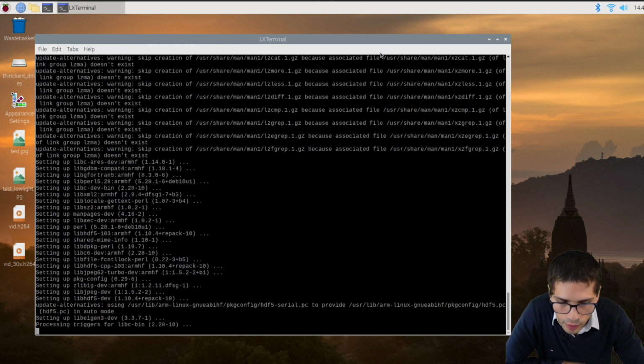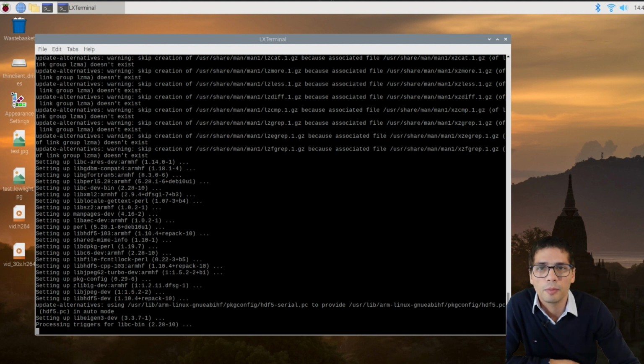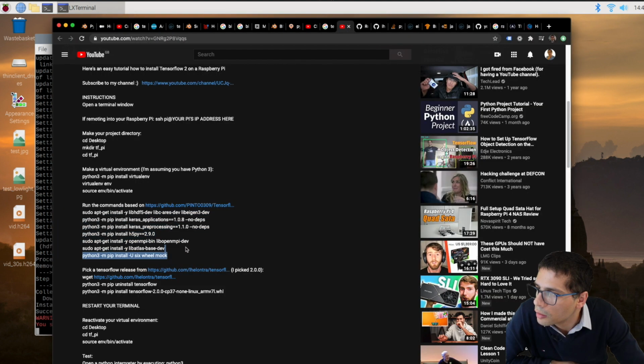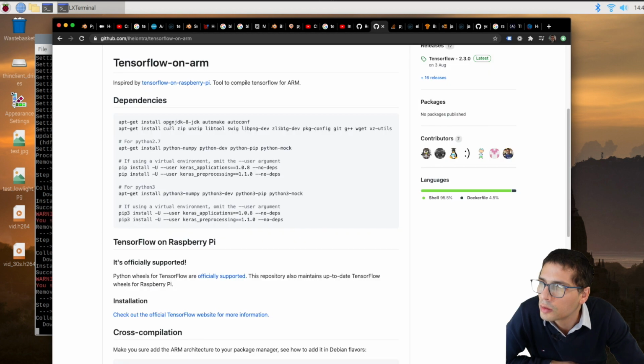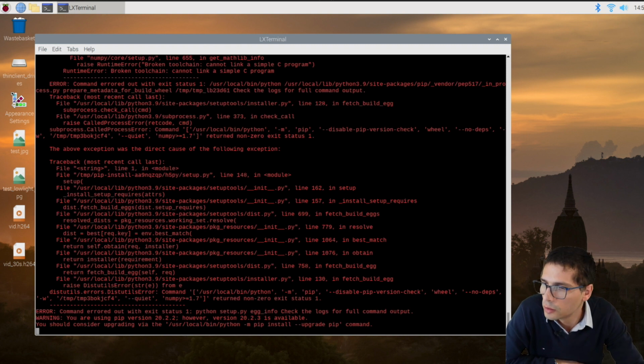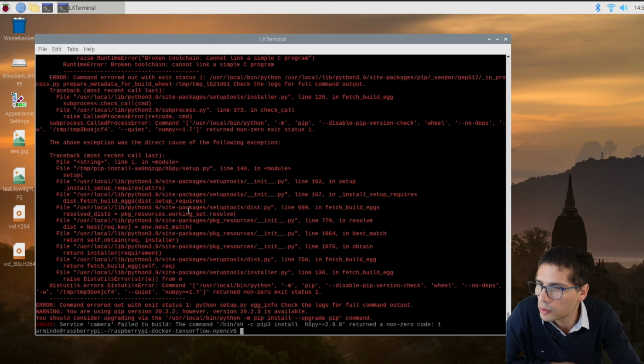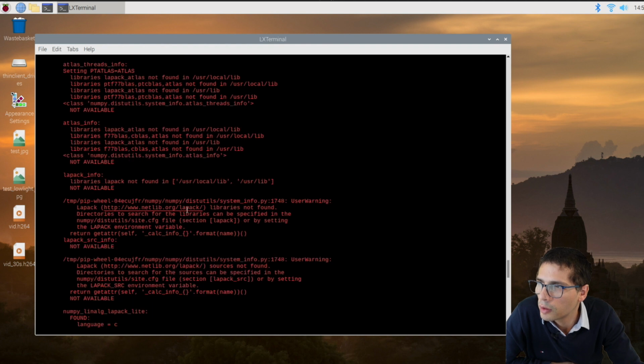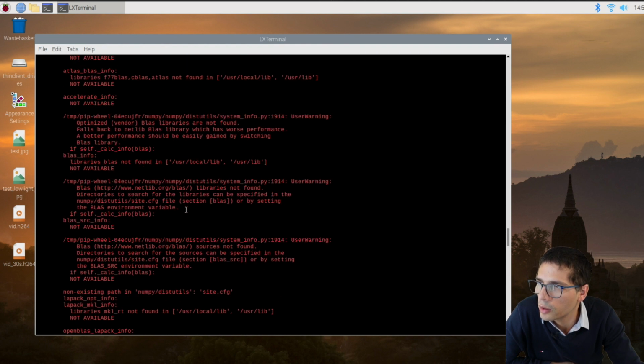It's installing Keras. I don't think it's needed, but I copied and pasted everything for now. I don't even know what these libraries are for. So there are dependencies. Okay. So I'm just waiting for this to complete. Okay. So failed. You know when things fail, things are going according to plan.